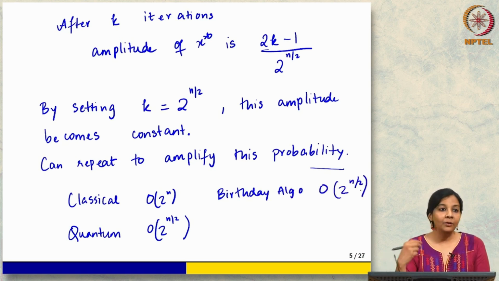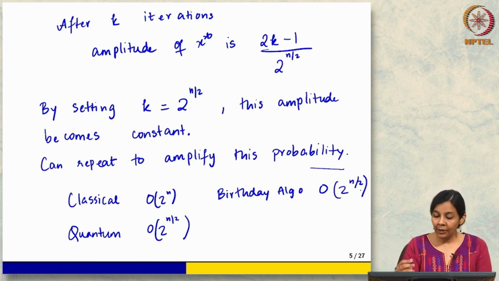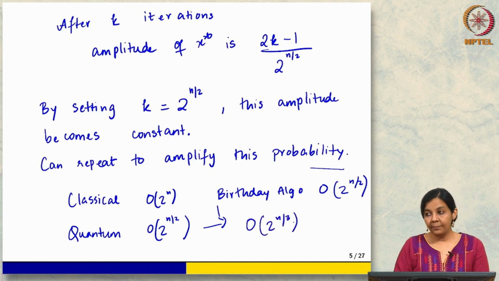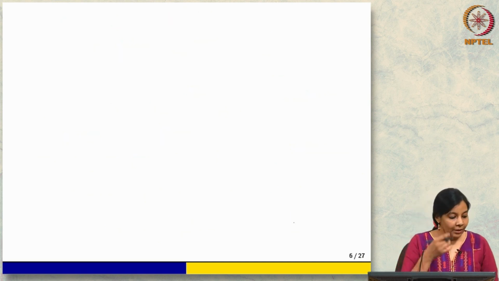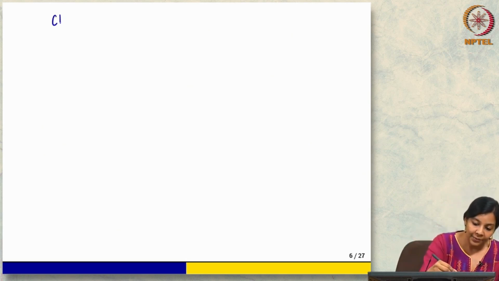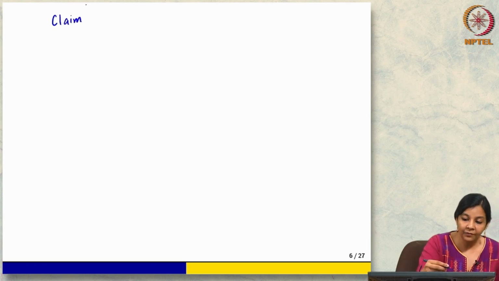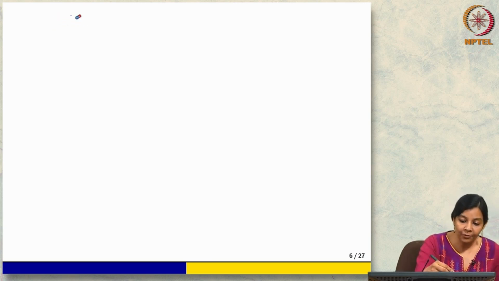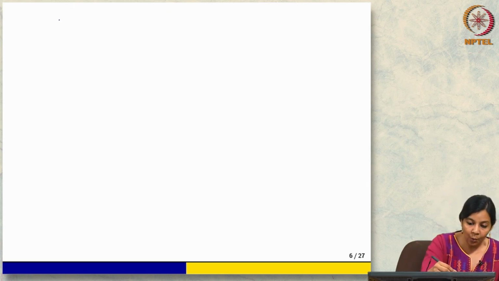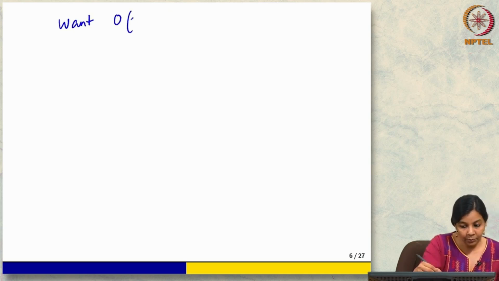But the nice thing is I can use the same trick with quantum as well. So birthday plus quantum actually gives 2 to the n by 3. So there are still a few things to show. Even with this hand wavy geometric view, maybe before showing that, it's worthwhile spending a little bit of time. So if I want an order 2 to the n by 3 algorithm,